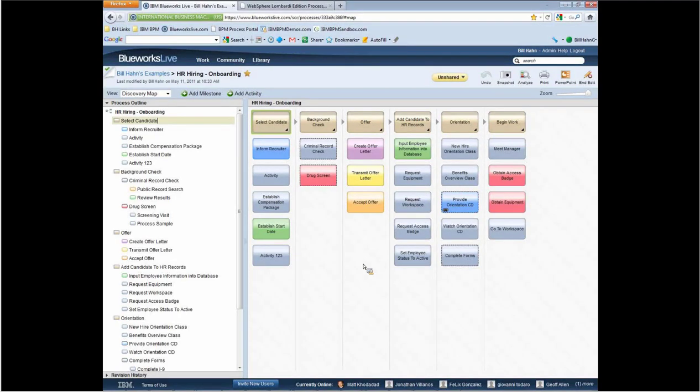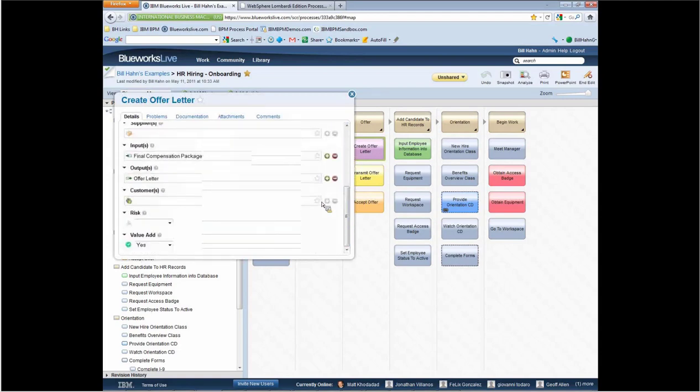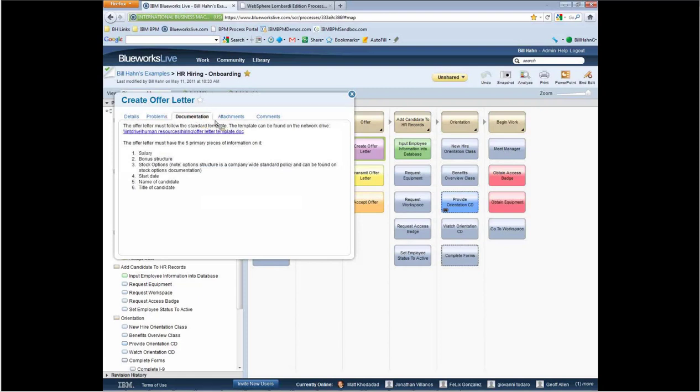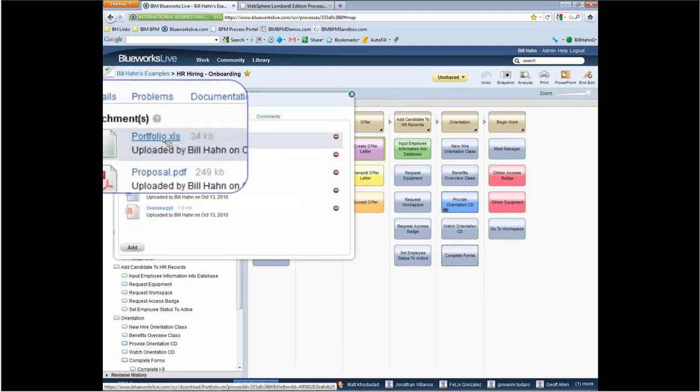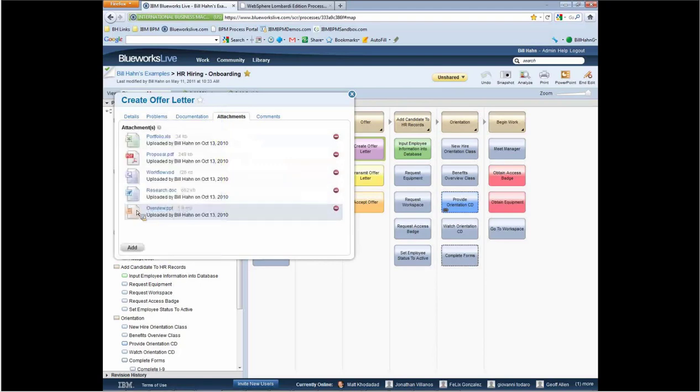And when we visit the details of these activities, we see things like this. We see that people have filled out more details about who performs the activity and what the inputs and outputs are. They filled in problem descriptions, added some documentation. People have attached documents like Excel and PDFs and Visio and Word and PowerPoint. We can easily see what they are and drill down into them and look at them. And you know what? At this point, as we've reconvened 4 to 5 business days from now and we see that there's more detail in the process,